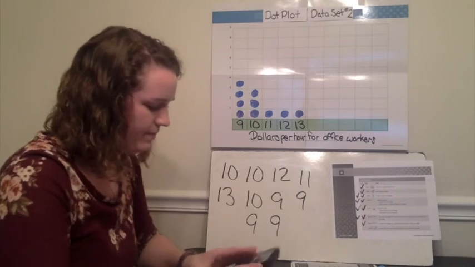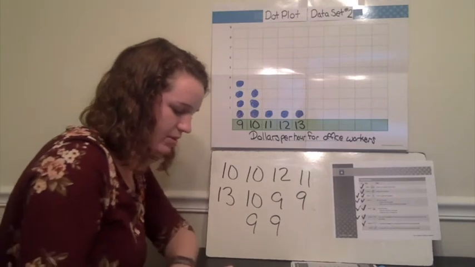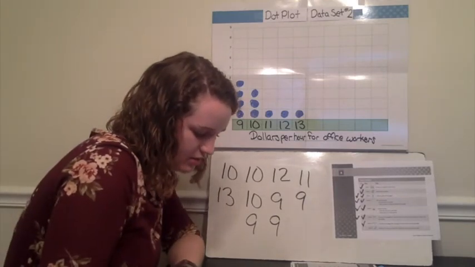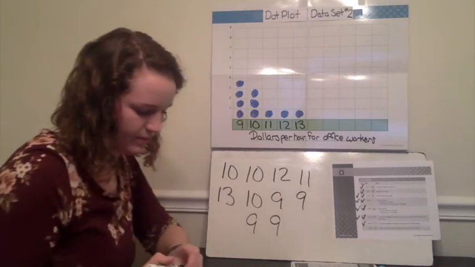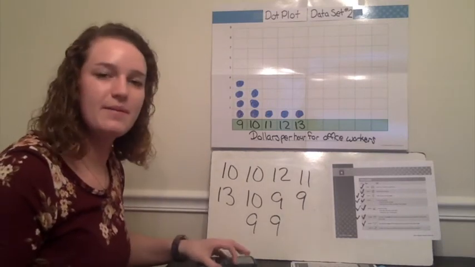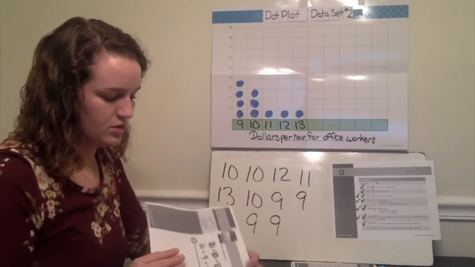What'd you get? I'm going to write it right off to the side again. What'd you get? You get 102,